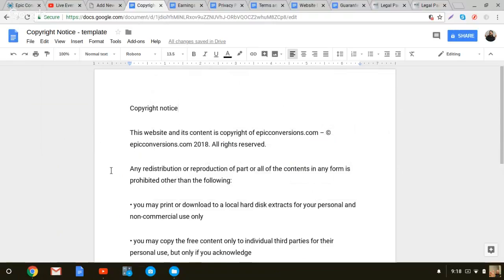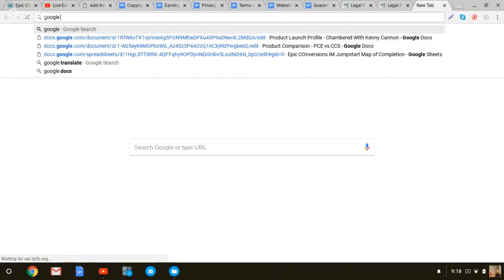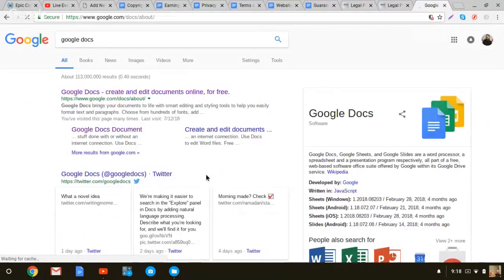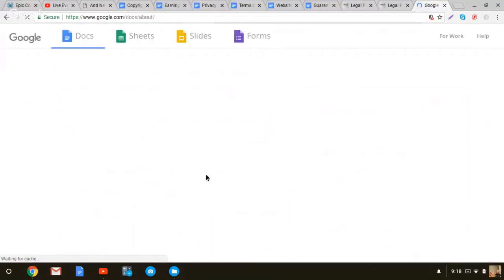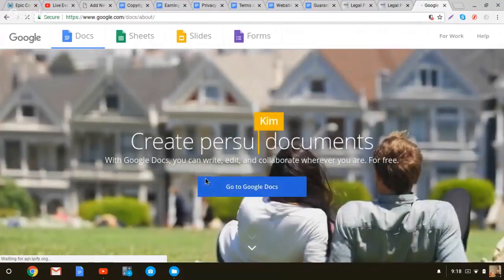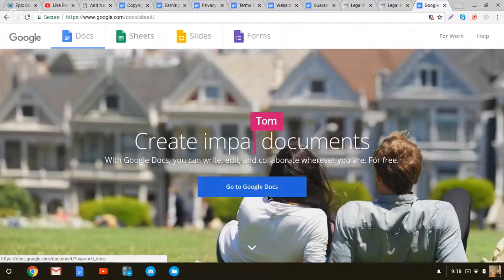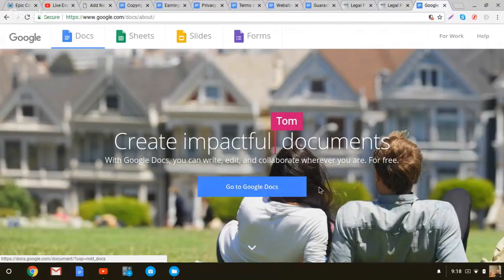The easy way to do it is to open these documents up in Google Docs, right? You just go over to Google Docs. Google Docs is pretty cool. It's Google's online word processor program. It's pretty awesome. Just go over to Google Docs and